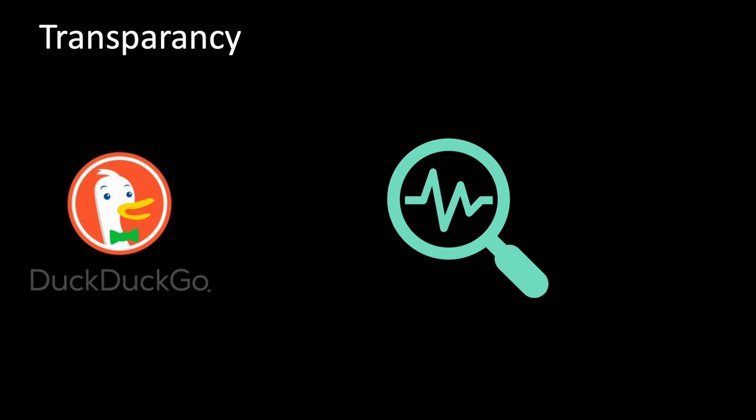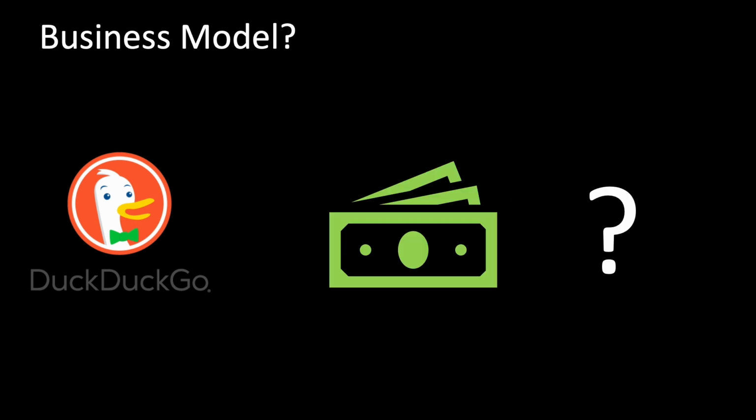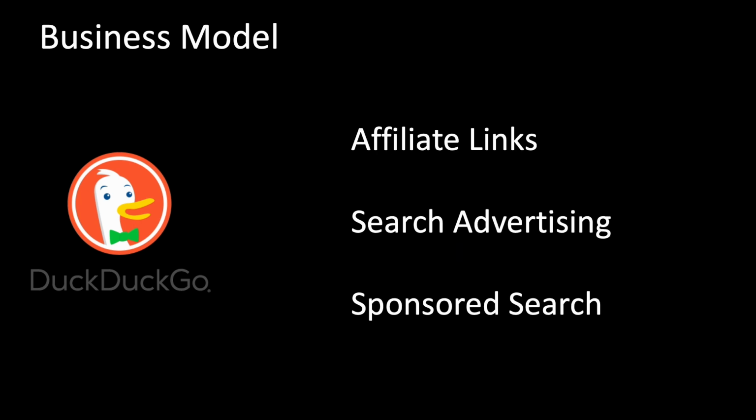So you might now wonder, how does DuckDuckGo actually make money without selling your data? DuckDuckGo makes money by affiliate links, search advertising, and sponsored search links. However, none of these are personalized to you, meaning your privacy is protected. It just means you have to watch out for ads in search results, which are marked by the word ad. But this is the same way it works with Google, where you also usually have ads at the top of your search results. So to summarize,